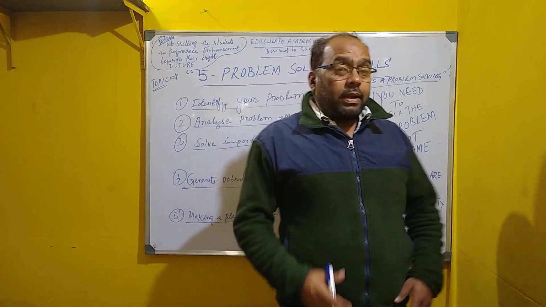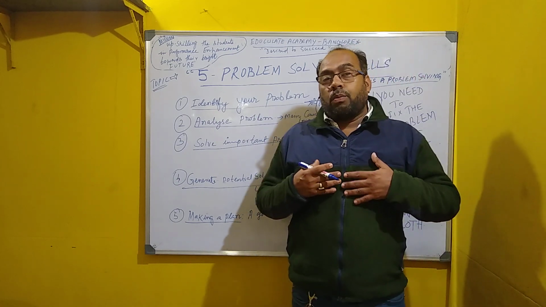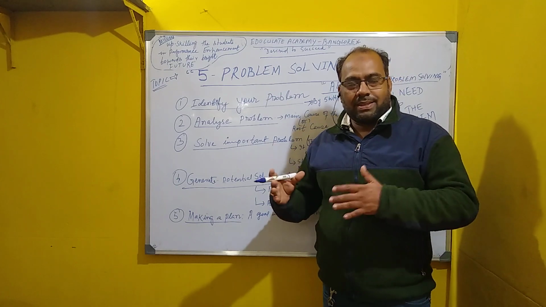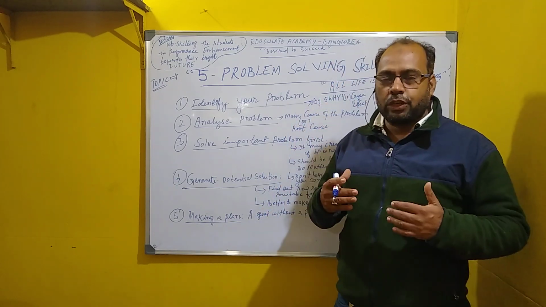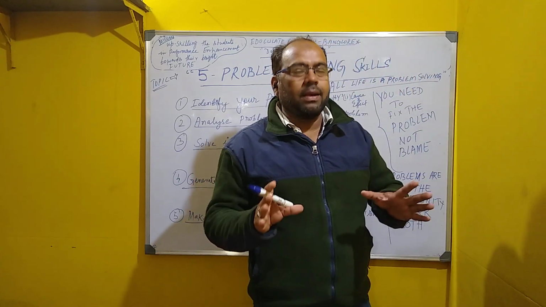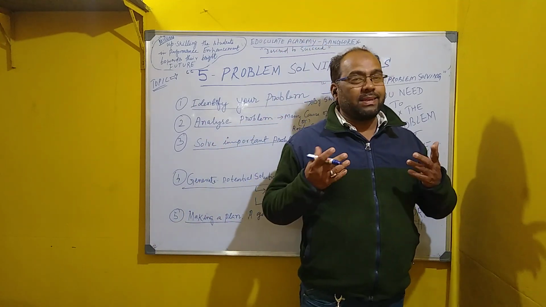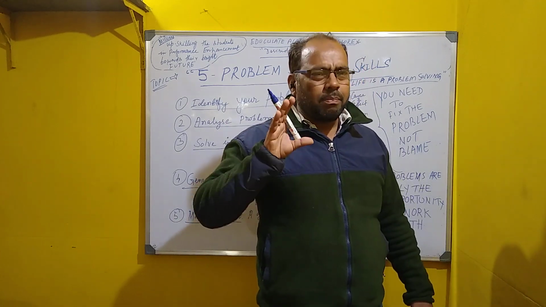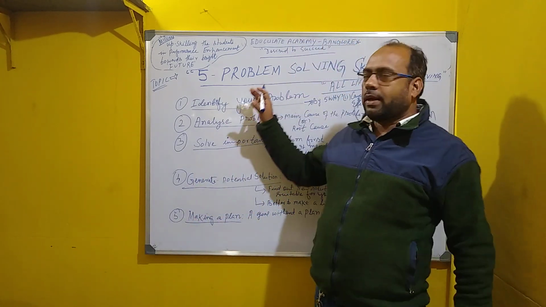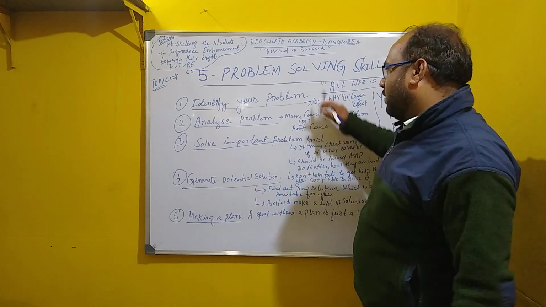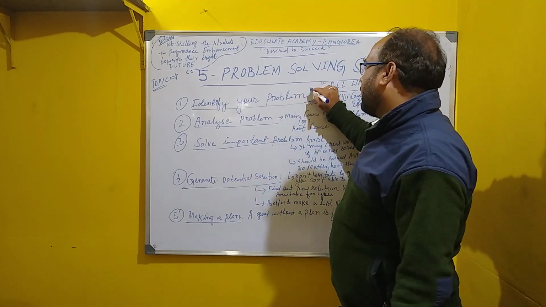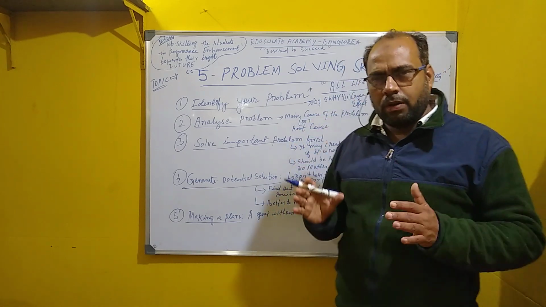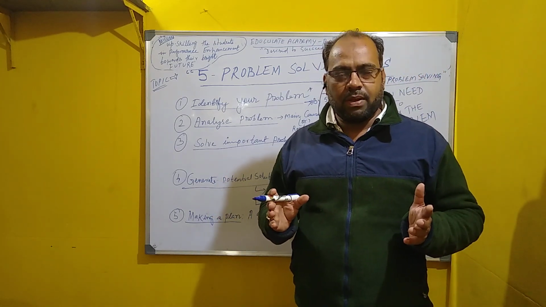Anyway, if any problem comes, what are the steps we need to follow, right? Apart from this, the positive aspect, positive attitude, we should have to accept it. वो मैंने बोला कि वो पॉजिटिव जो है हमें एक्सेप्ट करना है, ठीक है, उस हिसाब से करना है। उसके बाद लेकिन जो प्रॉब्लम हमको सॉल्व करने का सम प्रोसीजर है, we need to follow it. So here I am going to explain what are the steps we need to follow. First thing, identify your problems. Okay, this is the most important. Correctly you need to identify the problem, क्या प्रॉब्लम है, उसका क्या सोल्यूशन निकल सकता है, मेरा एग्जैक्टली प्रॉब्लम क्या है।